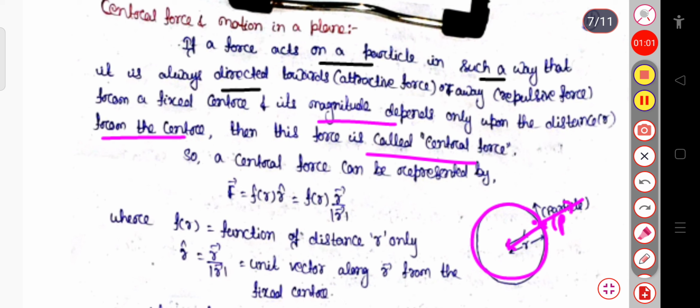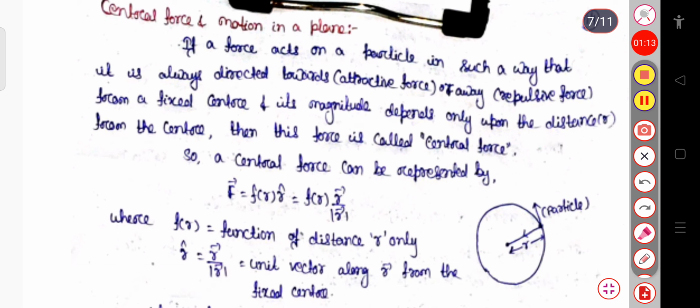In the case of the central force, it only depends on the distance r. If we consider the polar coordinate system, that is, when you convert the Cartesian coordinate system in two dimensions, the xy coordinate can be converted to the r theta coordinate, that is a polar coordinate. But when the force depends only on the coordinate r, that is called the central force